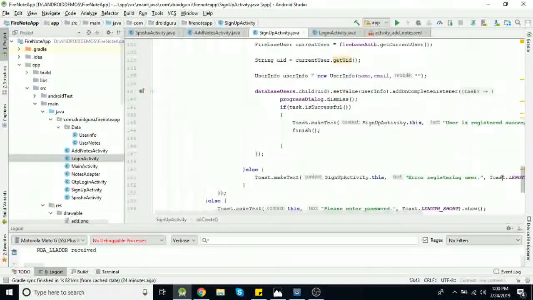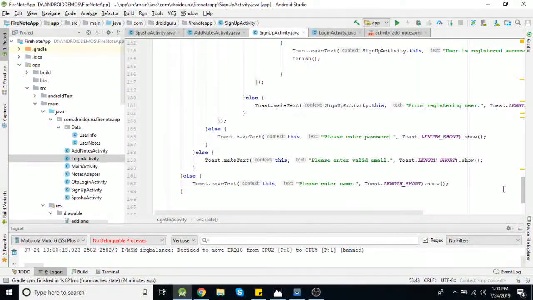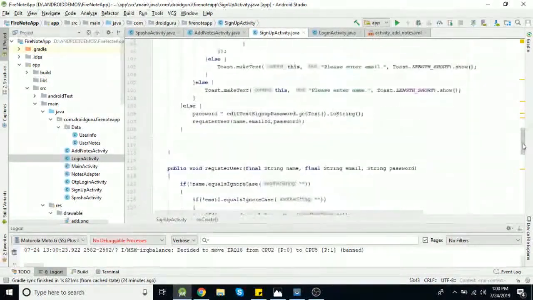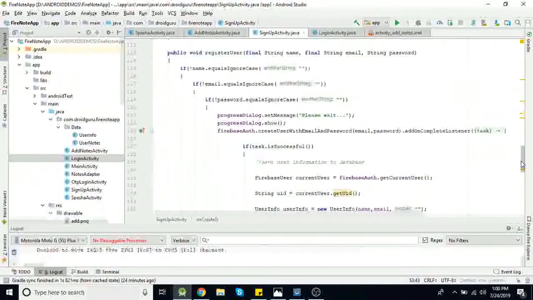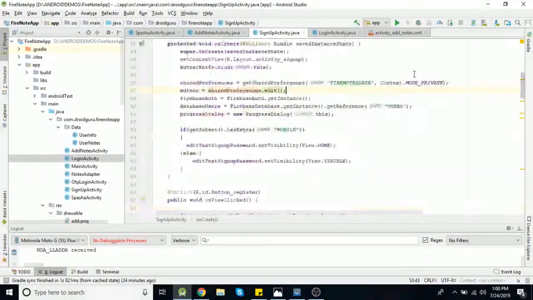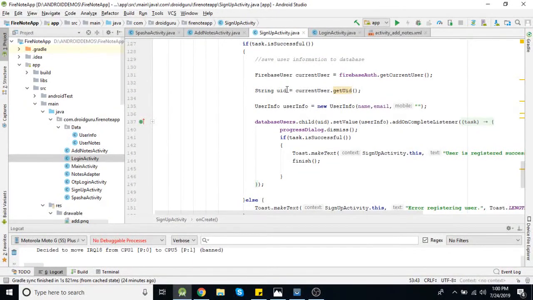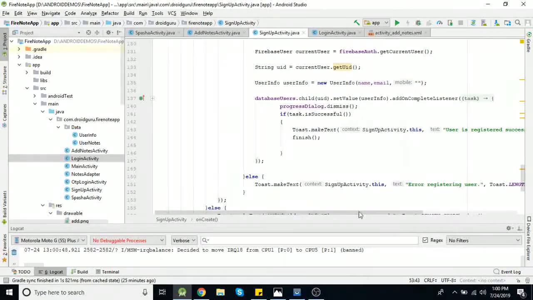So we already implemented two methods for sign up. One is email and password, and the next one is OTP login. So for both cases we need to save our user ID. So I think this code is for email and password, this function register user. So if you check here you will get that user ID. So I'm saving that ID here. Or you can save it here also when we are displaying that success message.